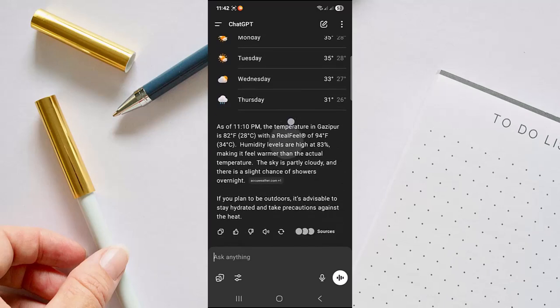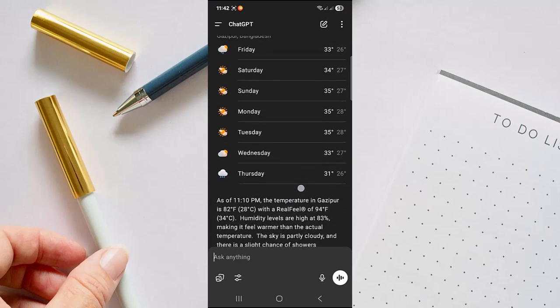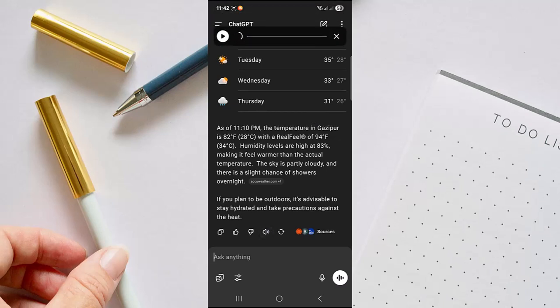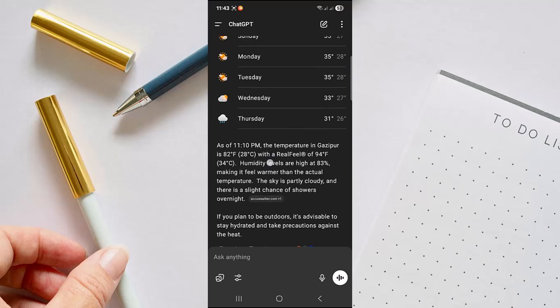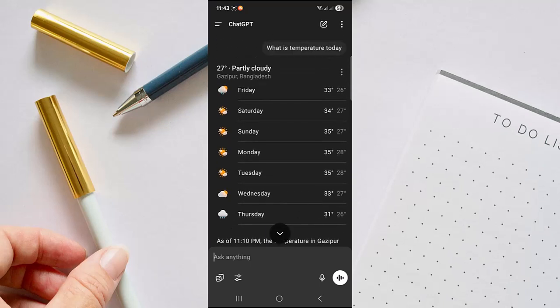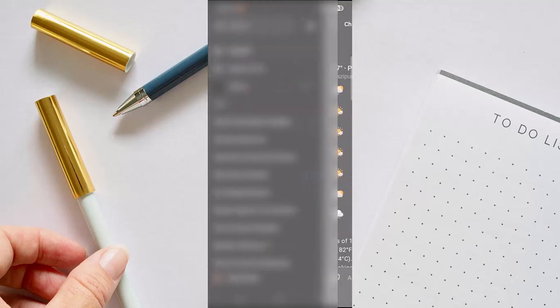So as you can see, it has given me the temperature. As of 11:10 p.m., the temperature in Gazipur is 80 degrees Fahrenheit. As you can see, the voice is it. And if I want to change it, I'll head over to the top left and go to